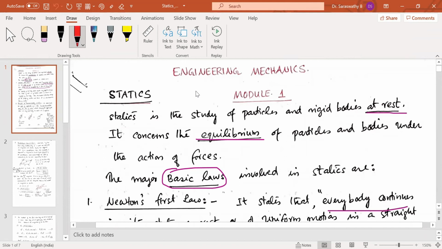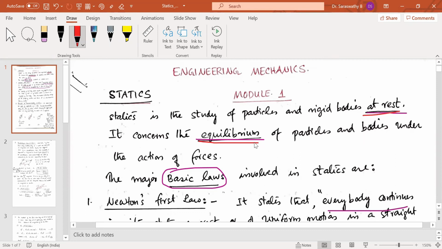Today I'm going to discuss some basic laws which are being used in statics. Statics is a part of engineering mechanics wherein we deal with bodies at rest. When the term statics is used, you have to see that the bodies are at rest and forces are acting on a body which is at rest. And the next term which has to come to your mind is that it concerns equilibrium of particles and bodies